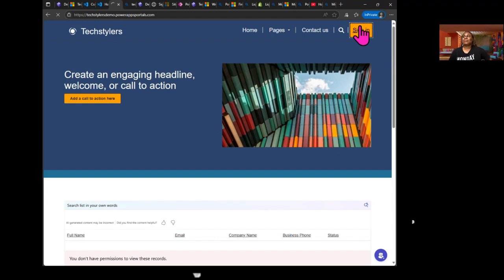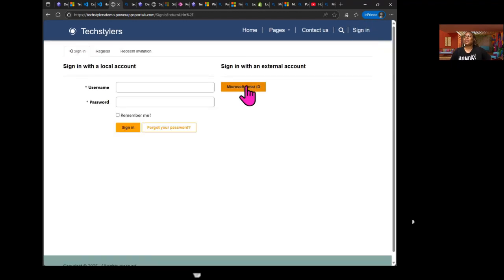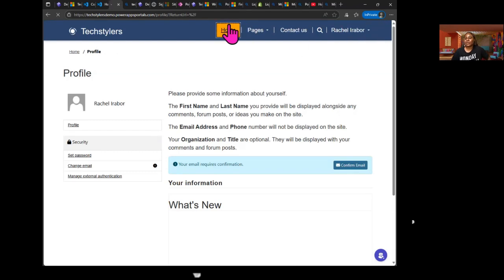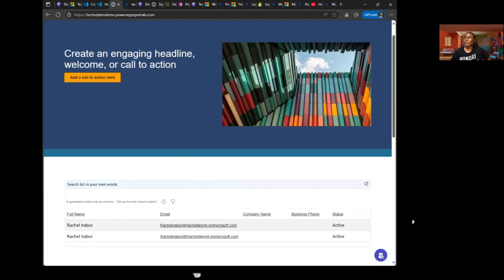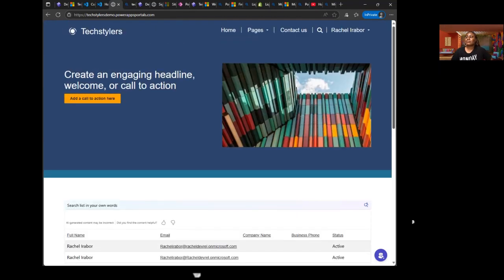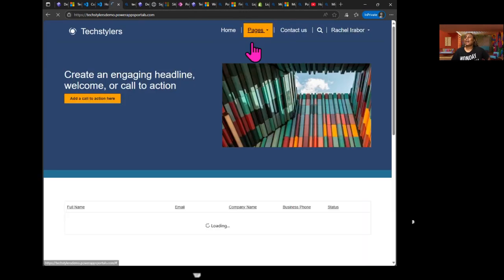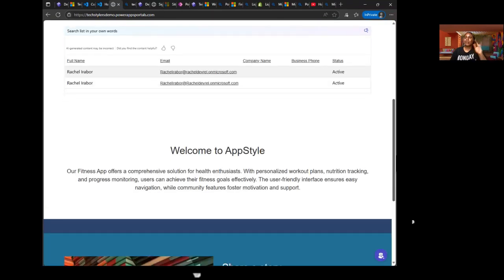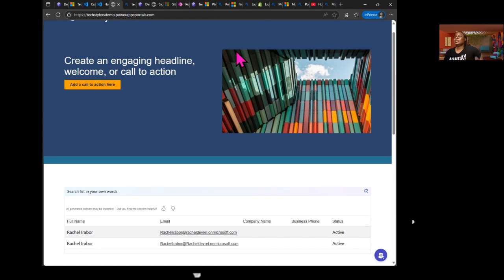But if I sign into this page, so when you say enjoy, if you really want to enjoy Power Pages, know how to use model-driven apps. If you know model-driven apps, you'll enjoy Power Pages. So you can see now that I'm signed in, I can have access to that data. So with Power Pages, try to also learn model-driven apps. If you know model-driven apps, navigating around Power Pages will be very easy. Okay, so do we have